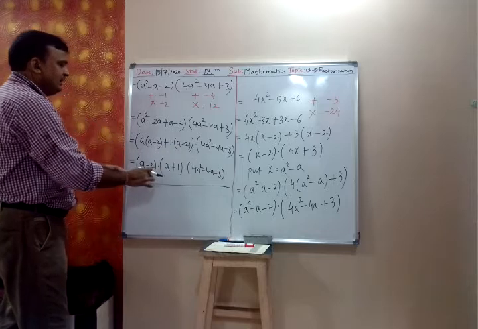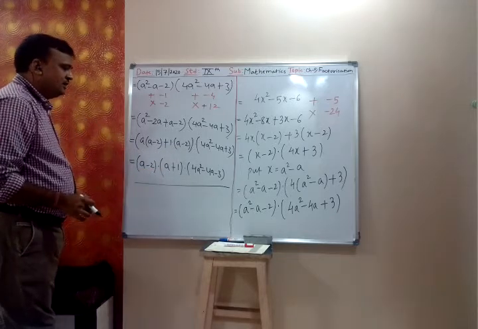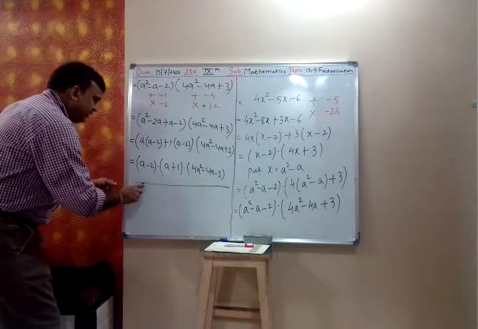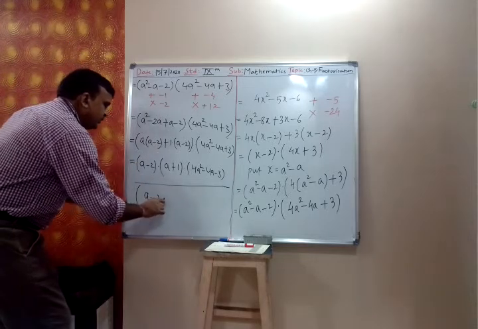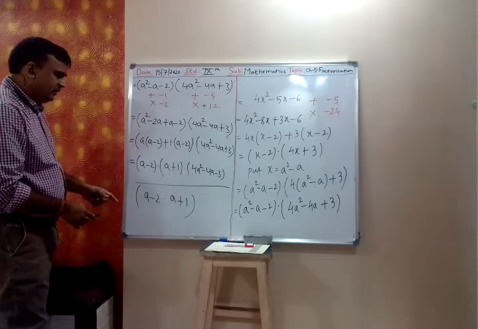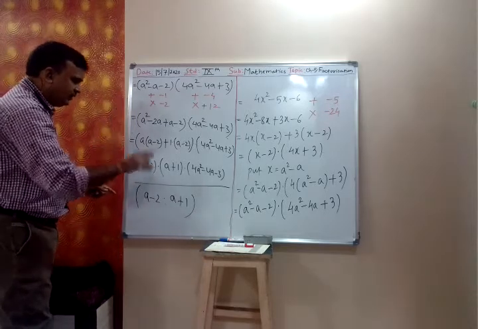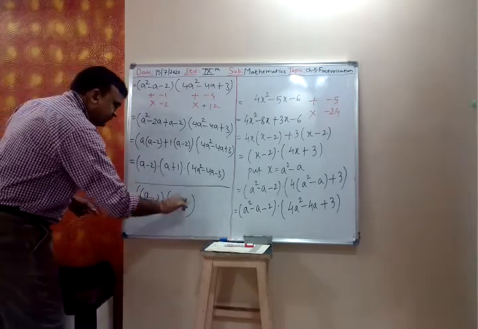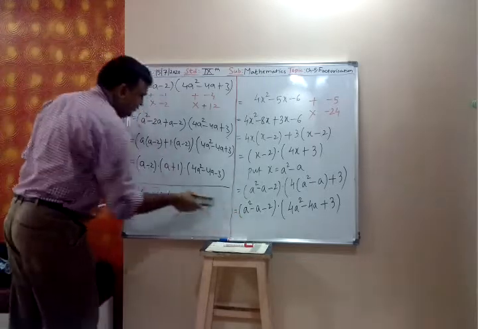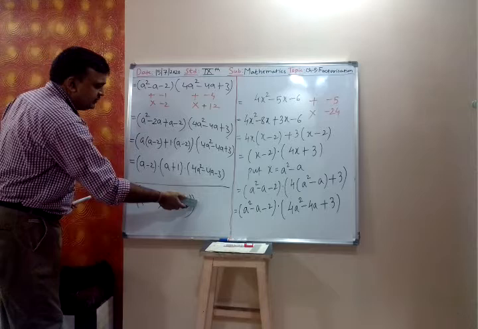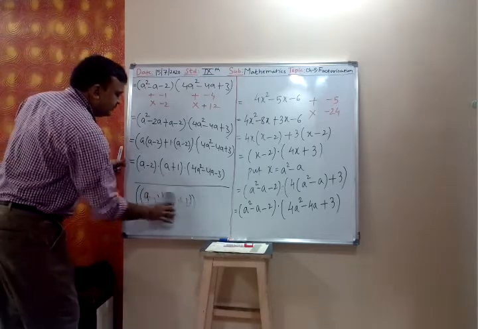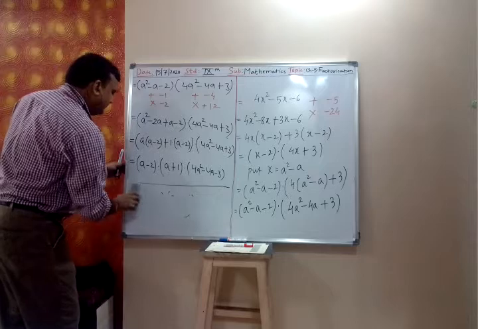Then what will you write inside? Again, you have to write this in the bracket. No, you cannot write this as big bracket a minus 2 into a plus 1. You cannot write it this way. Inside also you have to write a bracket. Yes, correct. Even if you don't write the outside bracket, no problem. Even if you write it, again no problem. So you can write it if you want.